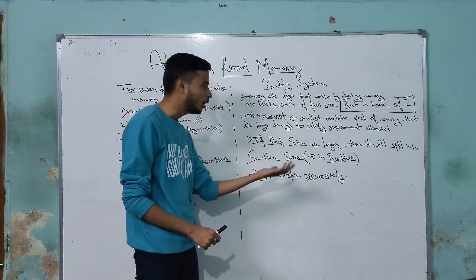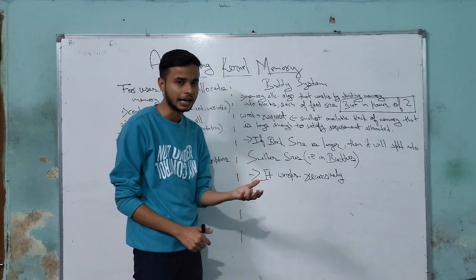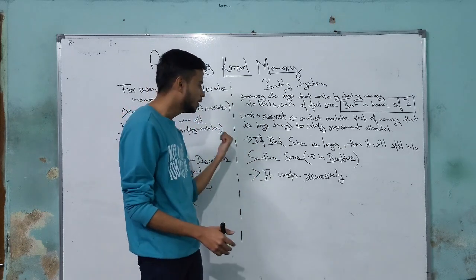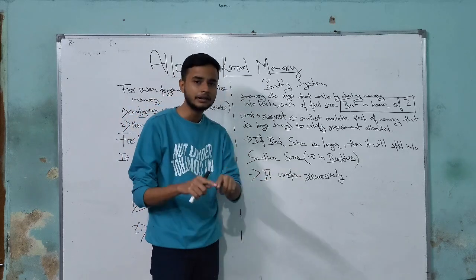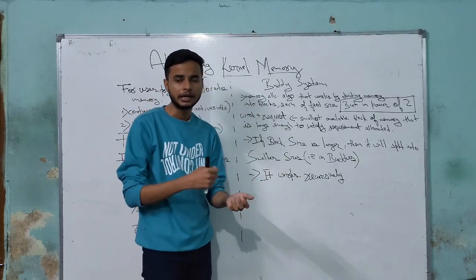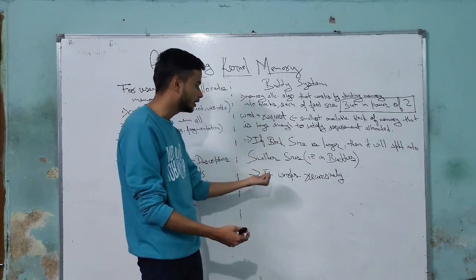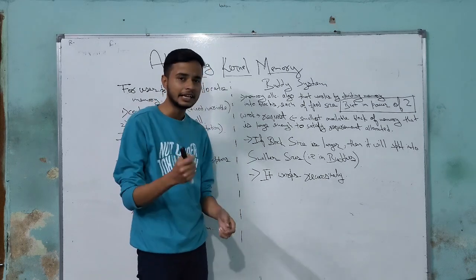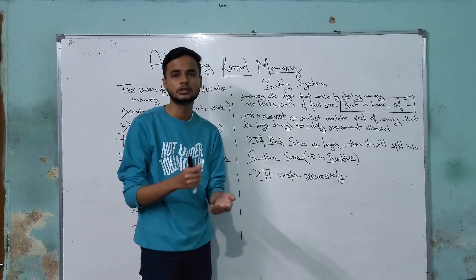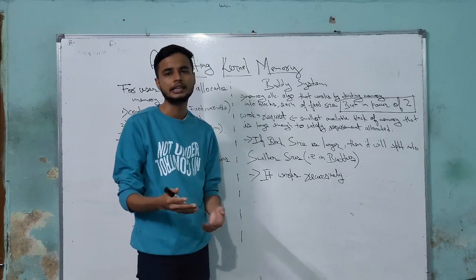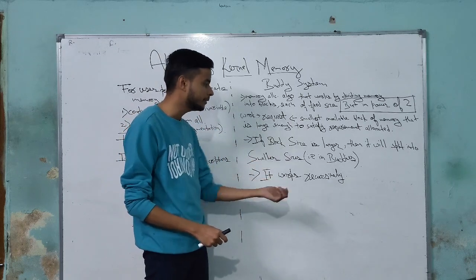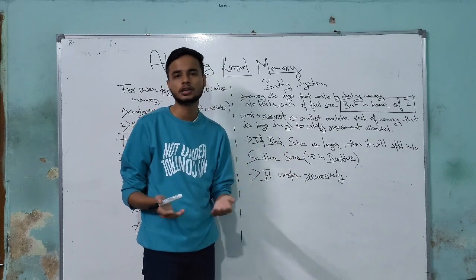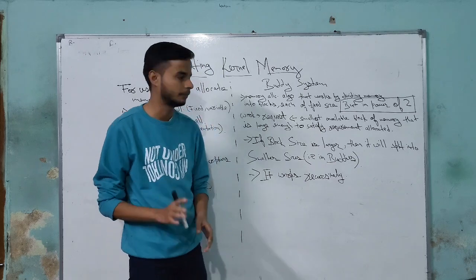And second, if the block size is larger but we have a request for a smaller one, then what will the buddy system do? It will split into buddies, like buddy left and buddy right. Each part which is split is known as a buddy, so buddy left and buddy right, and that's why it is known as the buddy system. It splits into buddies to make the memory allocation more efficient and optimized.